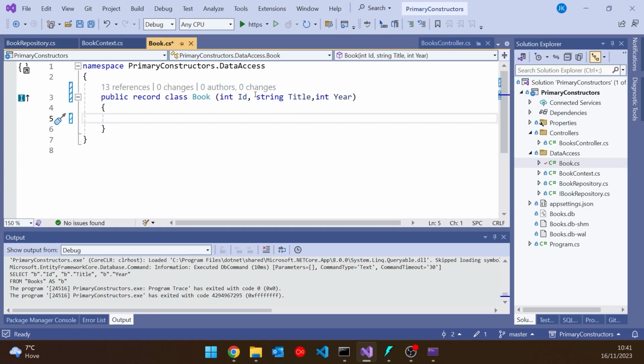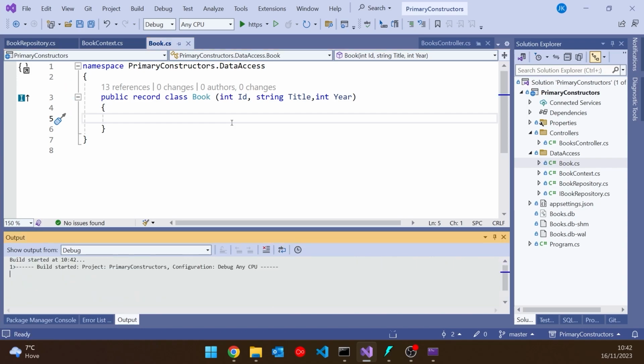That's why, even though these are parameters and therefore they'd normally be camel-cased with initial lowercase, because they're actually producing properties and want the properties to be uppercase, that's why we put it in like that. And having done that, if I now build this, that's going to introduce a few errors.